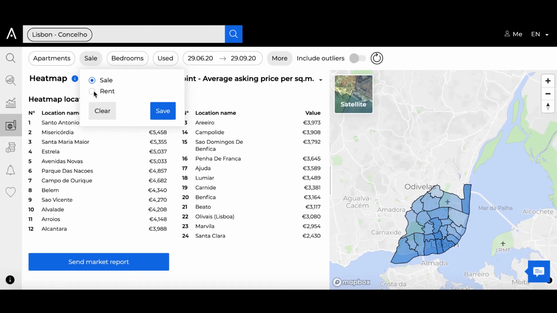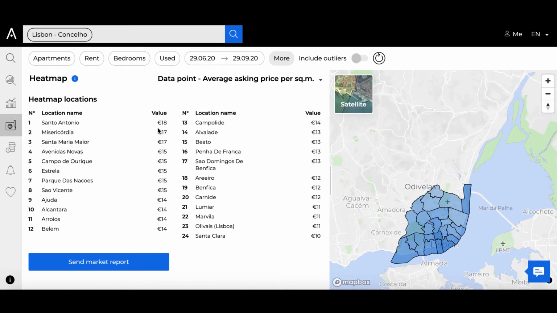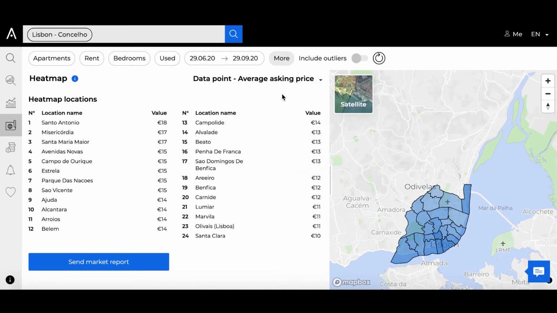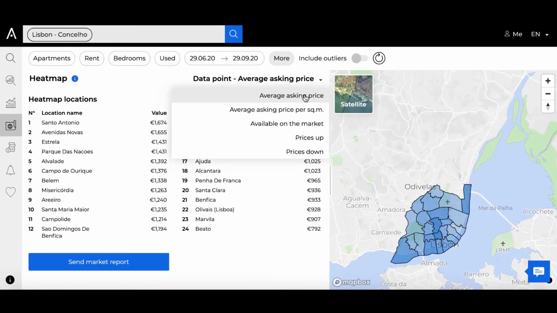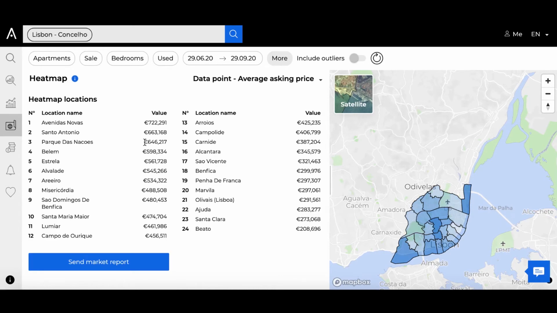You can see here for sale or for rent. If I click rent, save, and you can see here the price per square meter for the rental properties. We can move it to the average asking price. And here you can see the different asking prices within Lisbon. Now, what's interesting here is we're very quickly able to compare the rental prices with the sale prices for an area. So if I go here, back up to rent, put it onto sale again, click save, I can see